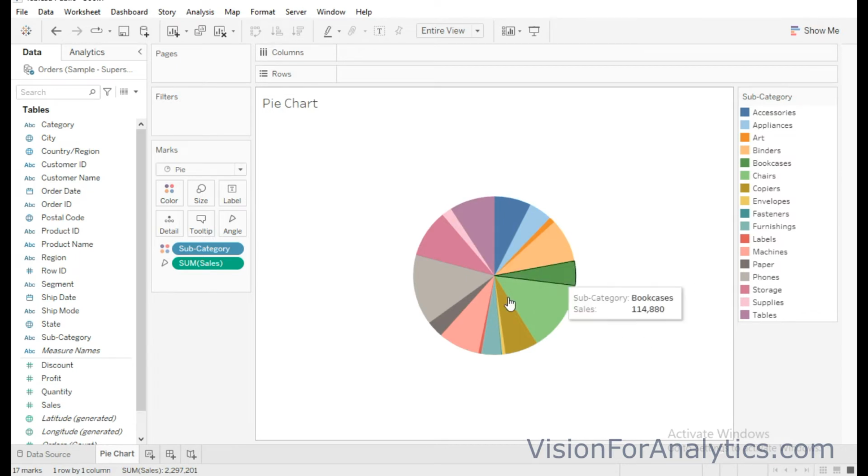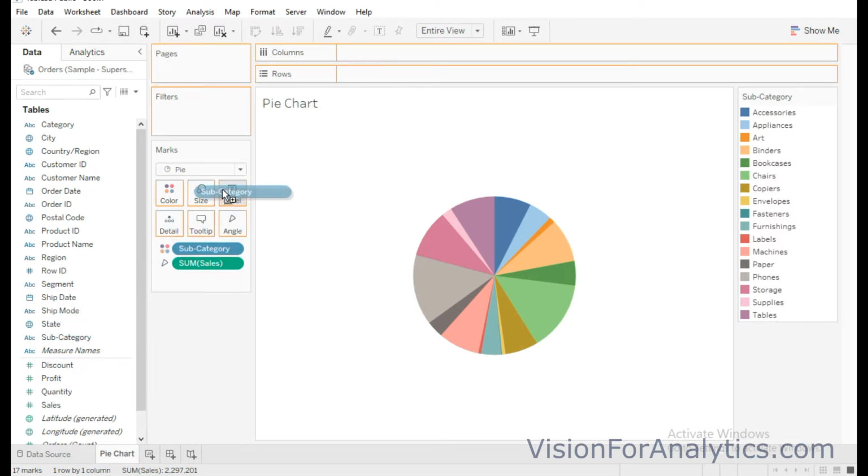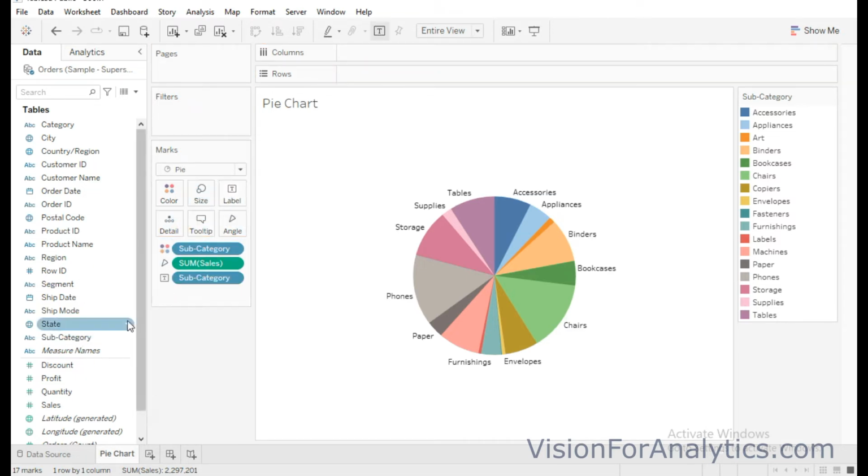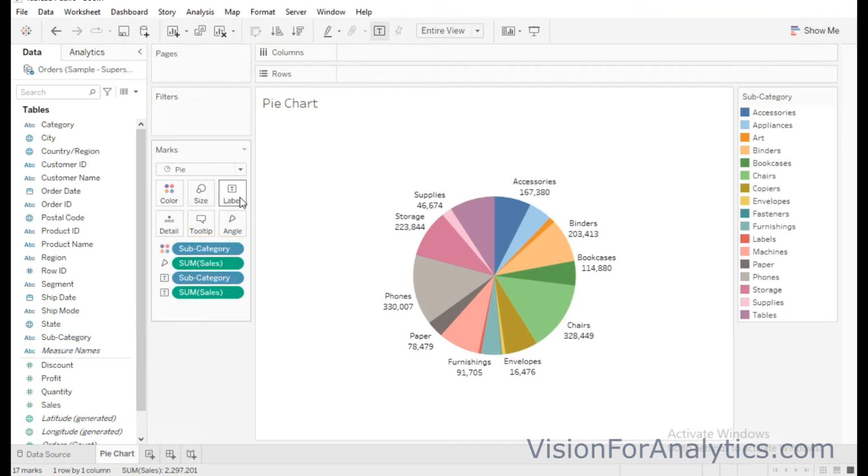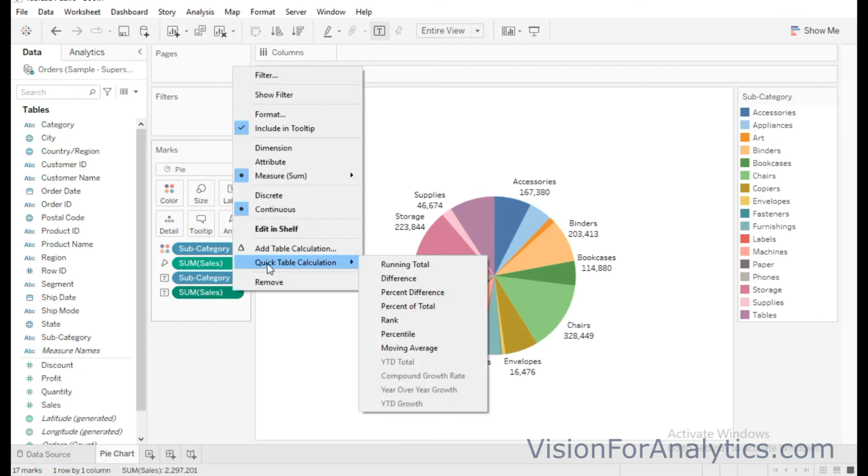I can add labels to this chart. So I will drag subcategories in labels. And I will also drag sales into labels. And I want this sales label in percentage. So right click on this sales which is in label and click on this quick table calculation and select this